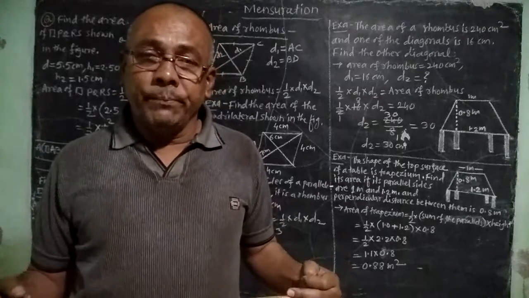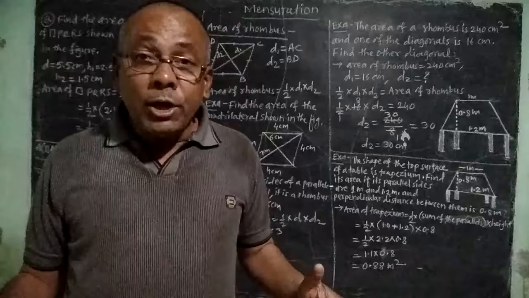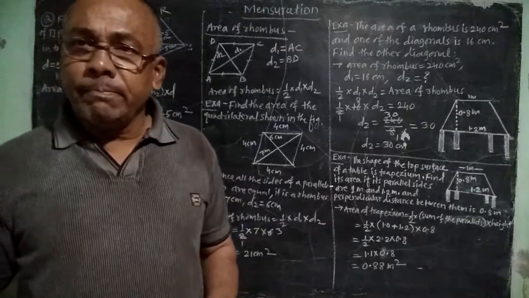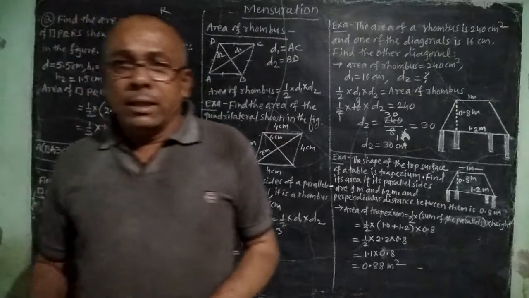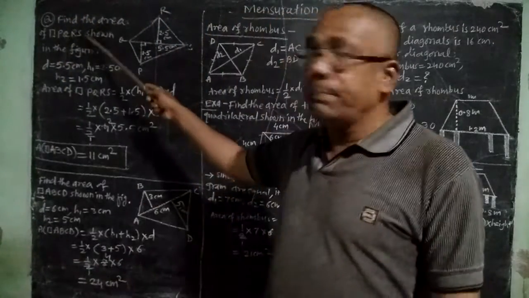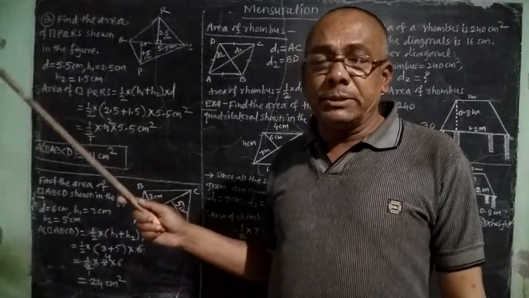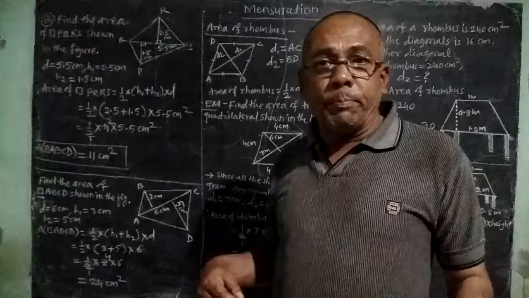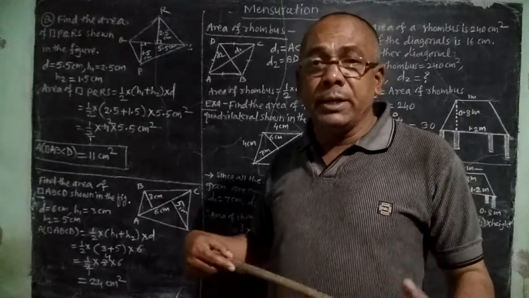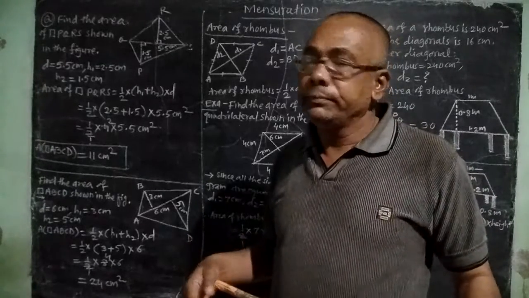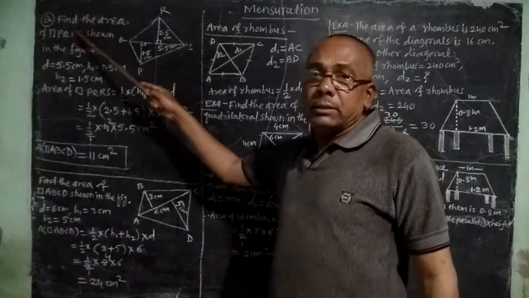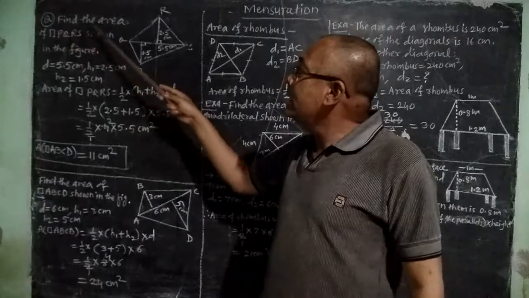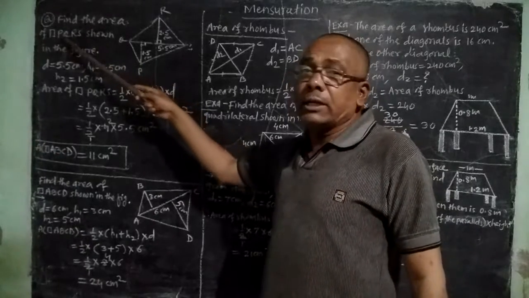Means area of a parallelogram, then area of a trapezium, area of a rhombus, etc. And today, here it is given one example, and such examples are related to the portion or the topics which we have learned in 7th standard. So let us start. Here the example is given that find the area of quadrilateral PQRS.